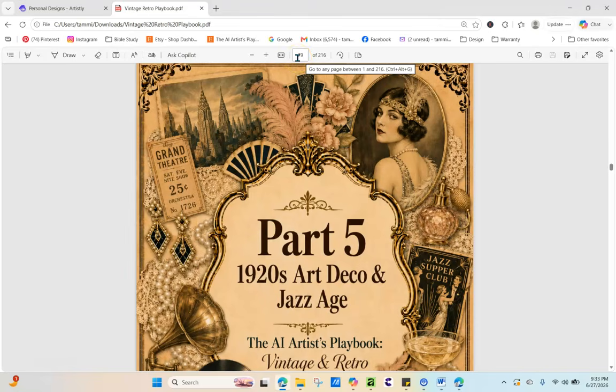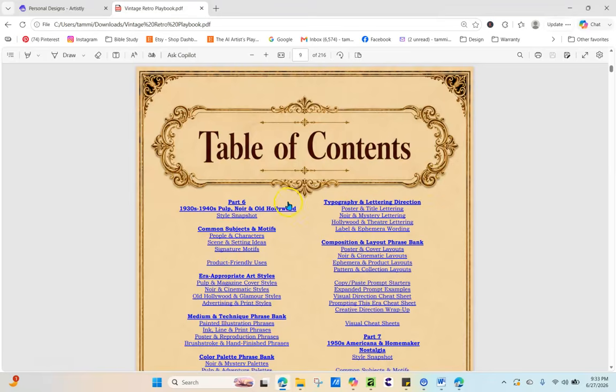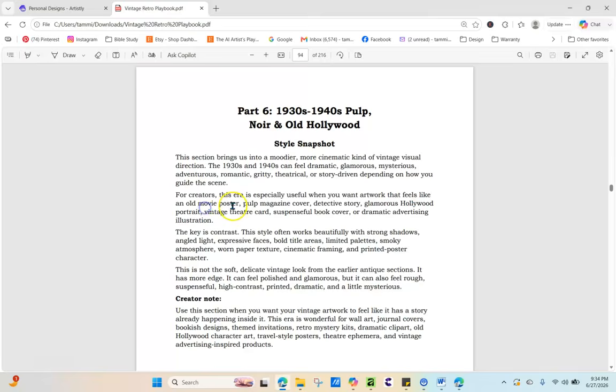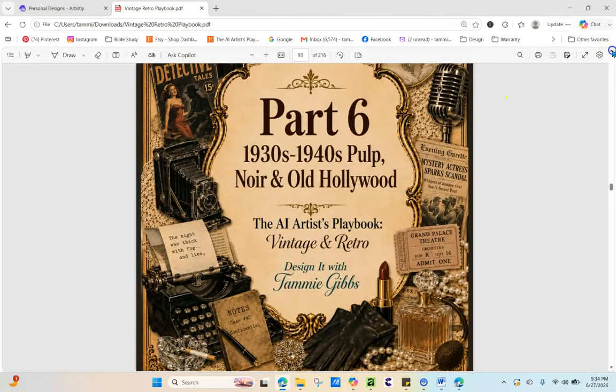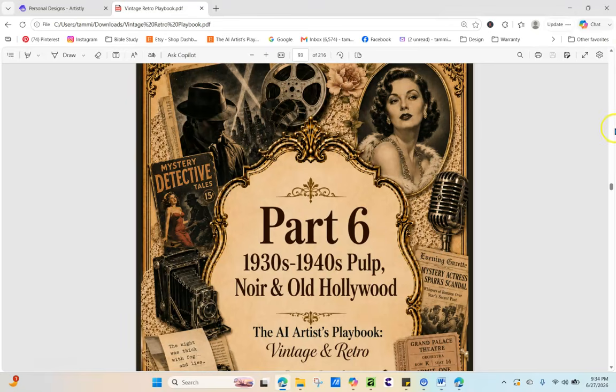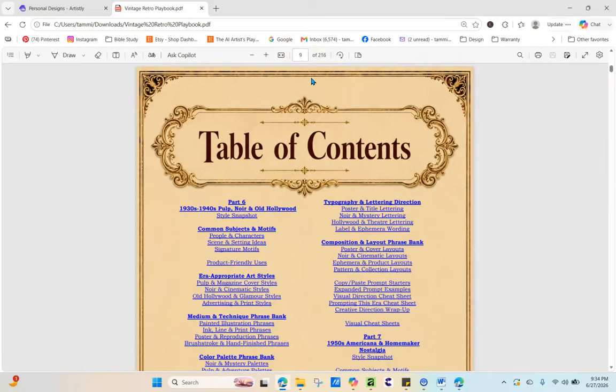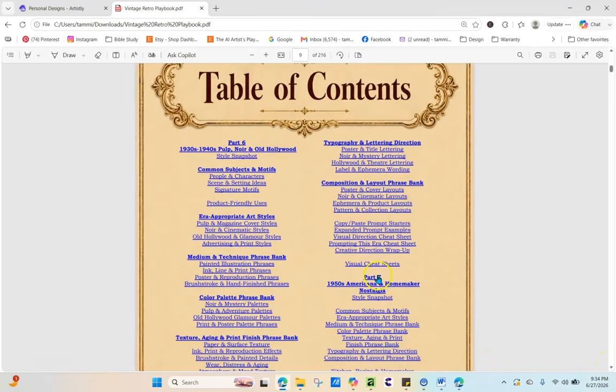You've got all the details and stuff. So we're going to go back to page 9. And then you've got your part 6, which is your old Hollywood section. Part 7 is the Americana homemaker